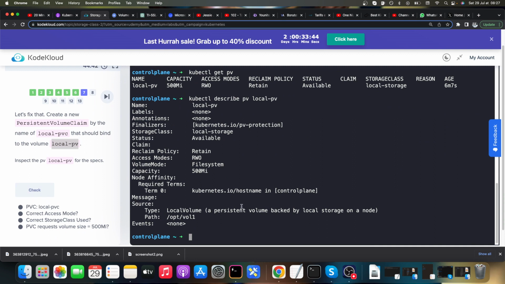This is the PV. Finalizers, this, local volume. How about we look at the whole definition file. So if I get that and look at it in YAML format,